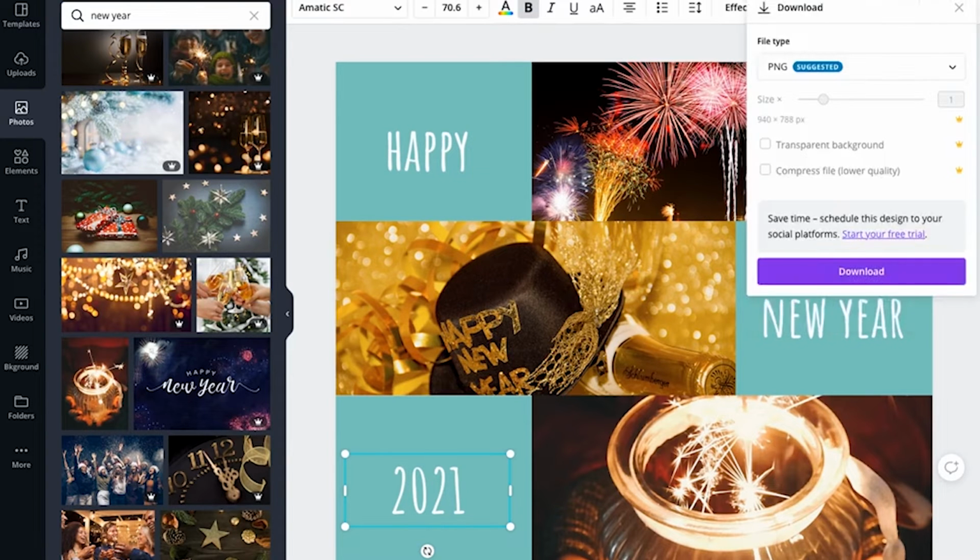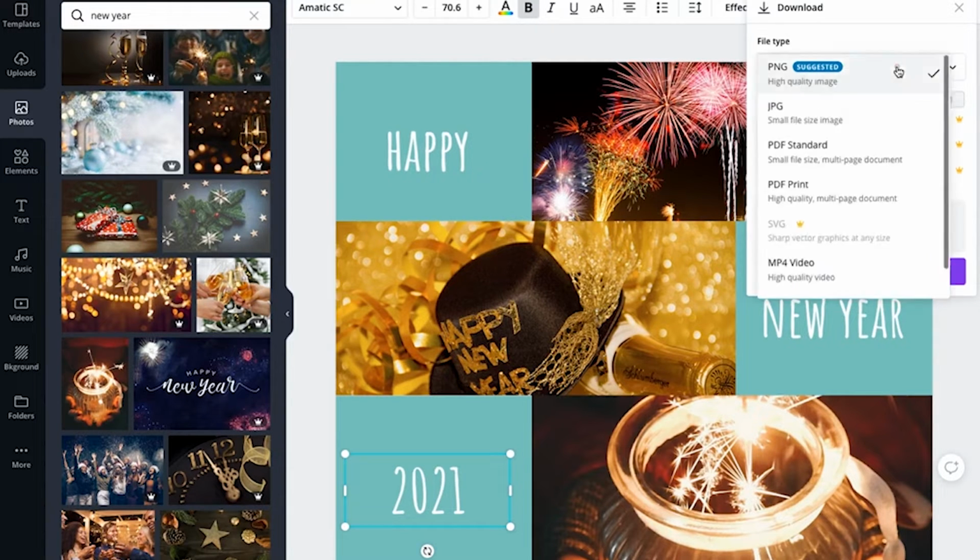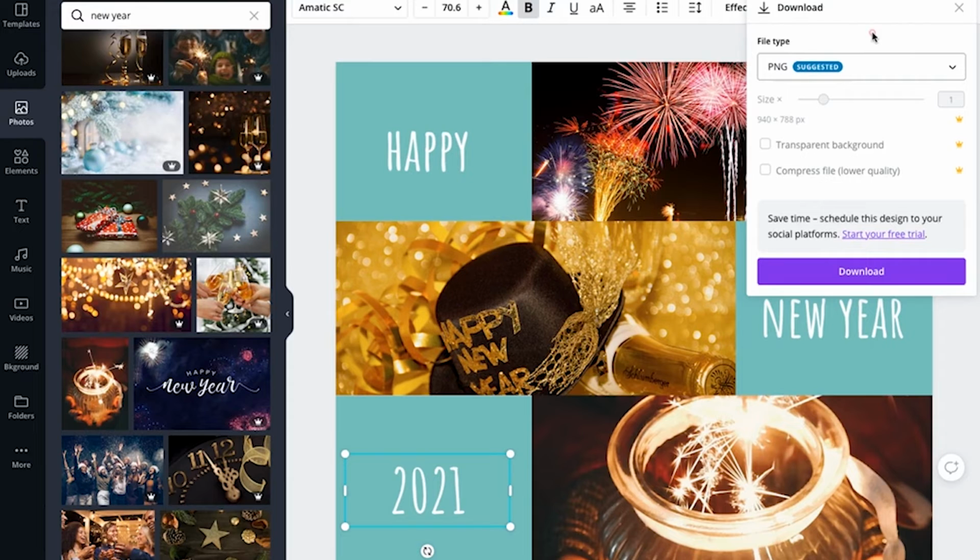I click on the small arrow and then it shows me my file type. Okay, so since PNG is the file type which has the highest resolution, I would like to keep it as PNG. Again, as you can see in the file types, you will have all these different file types, and Canva will also suggest what is the most appropriate file type to use, whether it could be your social media posters, your ebooks, or your videos. Depending on whatever you're trying to create in Canva, Canva will also suggest to you the most appropriate format.